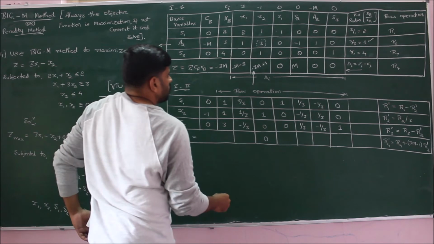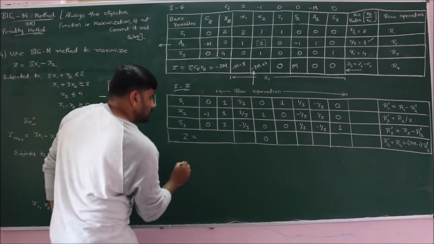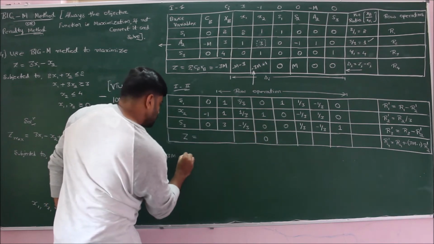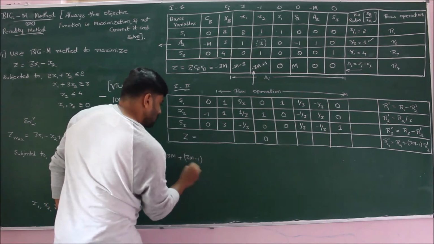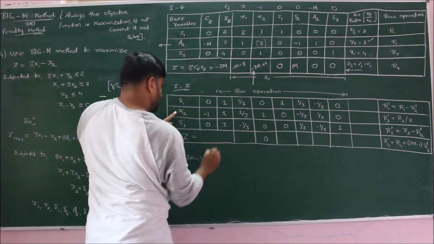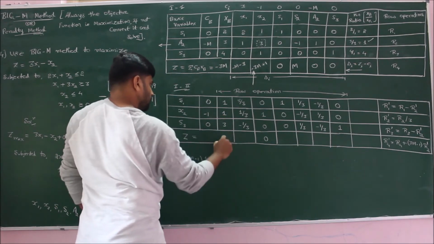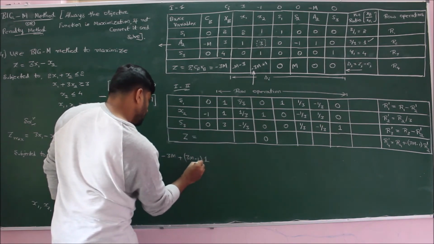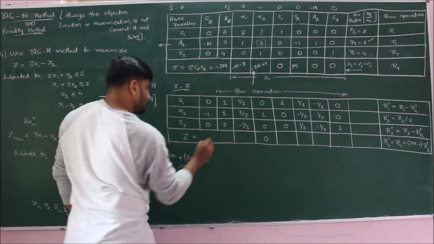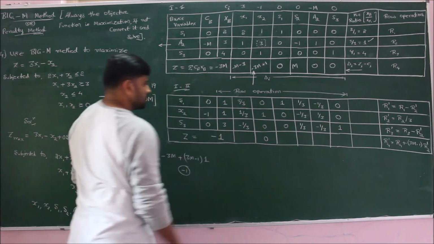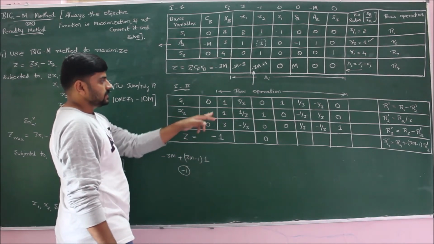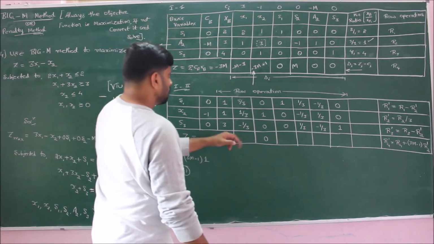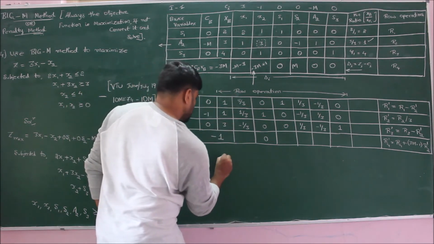So coming for the final row, we have minus 3m plus 3m minus 1 of row 2 new is 1. So therefore minus 3m plus 3m will get cancelled. I will get the value as minus 1. So z1 is equal to minus 1. The summation also says the same thing. This is 0, this is 0, minus 1 into 1 is minus 1. So it is correct.